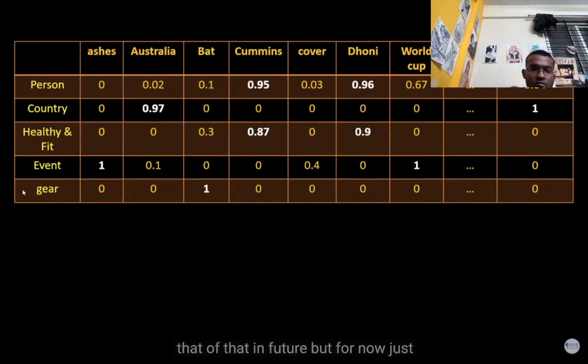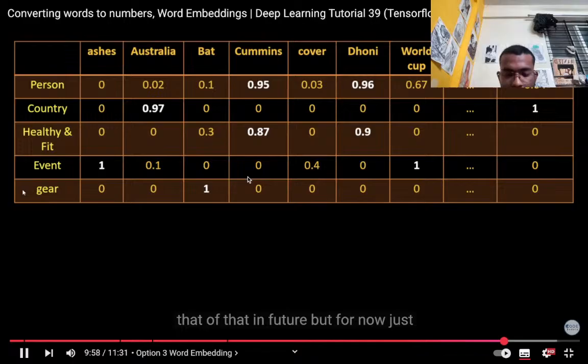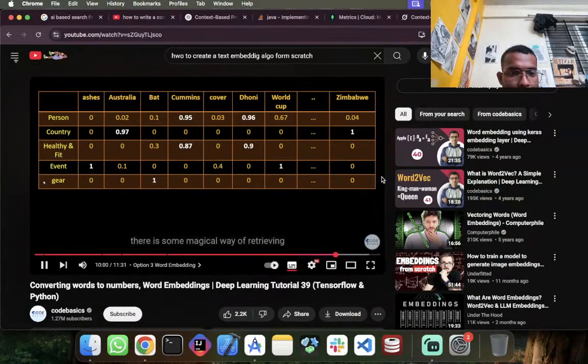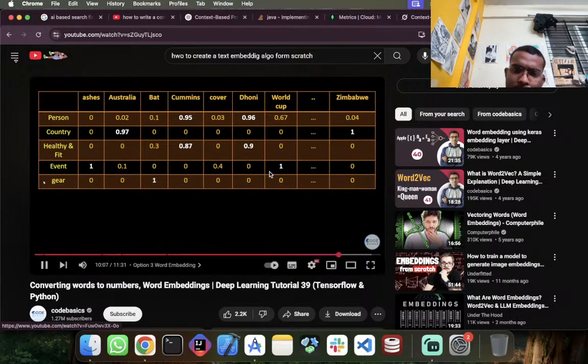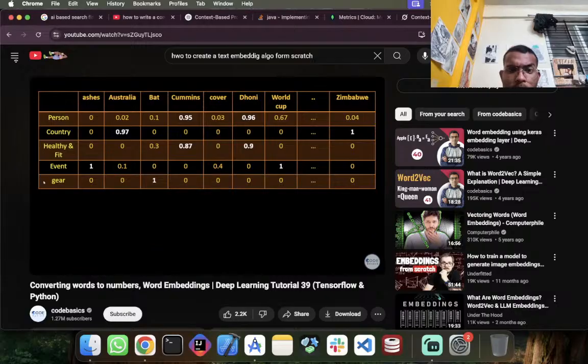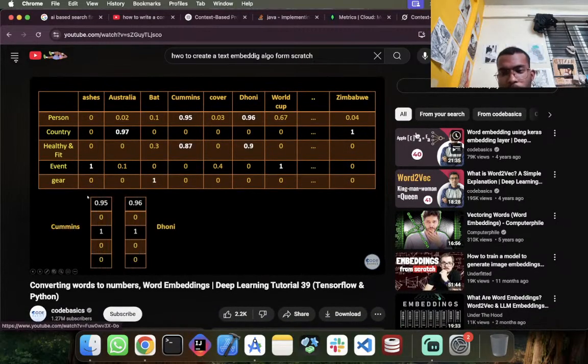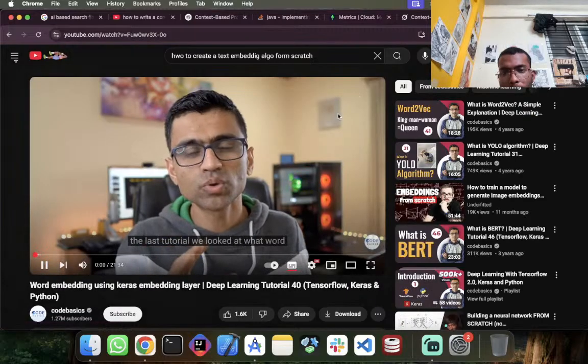We'll cover more of that in future, but for now just assume there is some magical way of retrieving features from the words when you process a large corpus of text data using machine learning. So using machine learning, you can derive this kind of feature vector, okay? And once you have that, of course, when you look at the last tutorial, we looked at